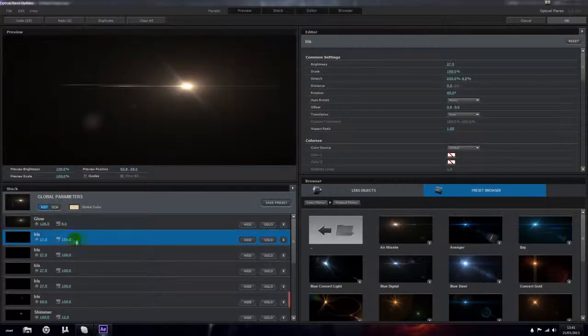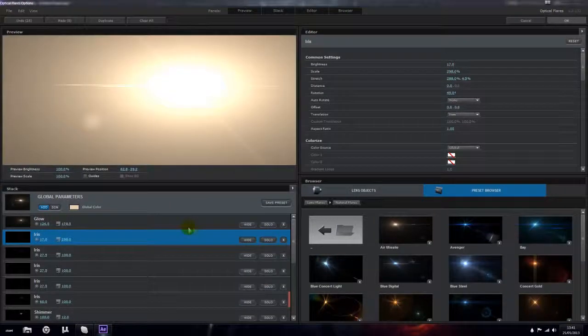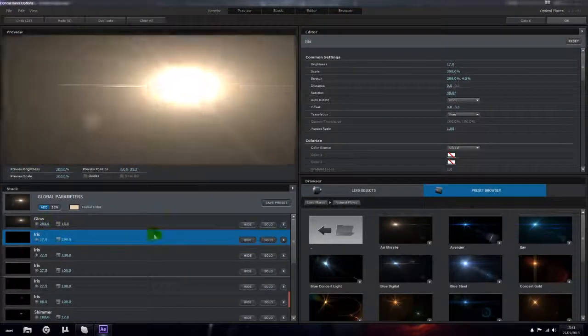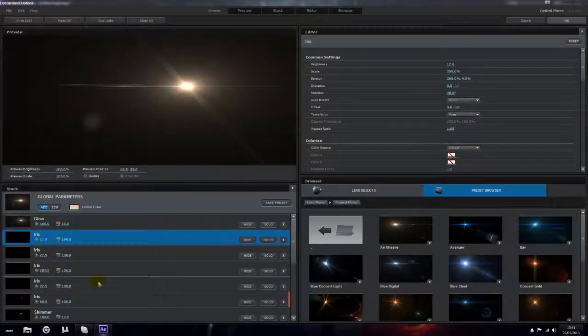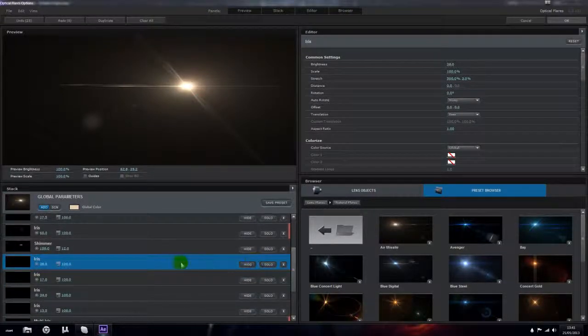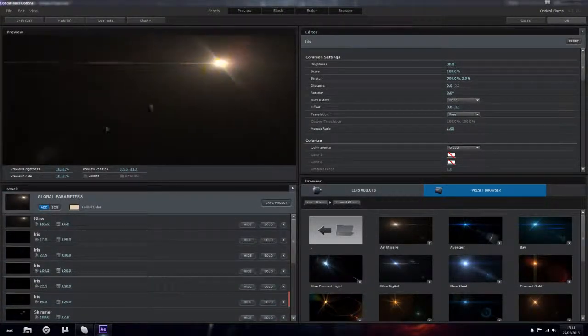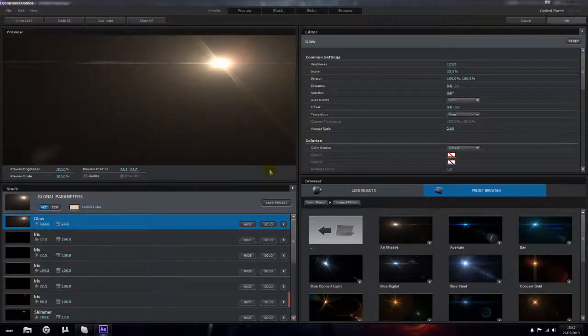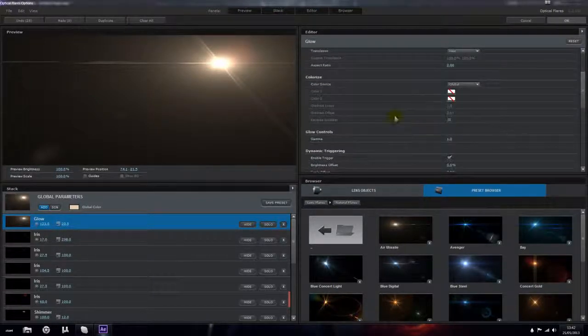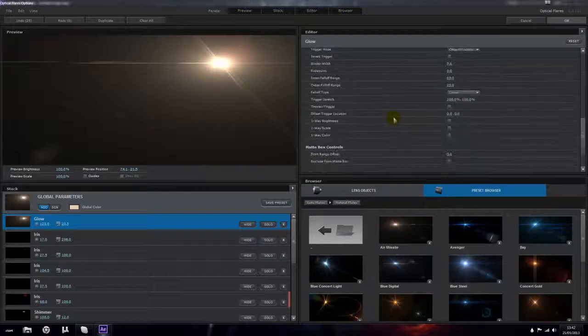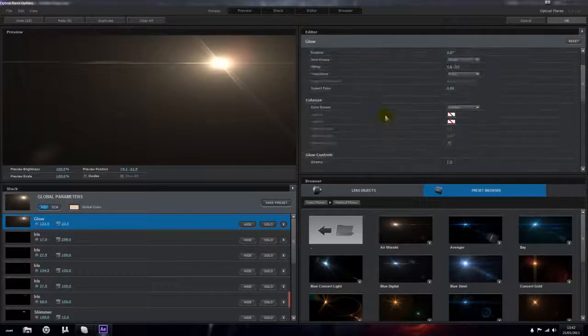You can just change the settings. You can increase the size, as you can see. You can give them more brightness. Each part you can change the settings for. And of course, you don't only have the glow to change, or the scale. You can also change over here the distance, the rotation, the colors, the gamma, the offsets, a lot of settings